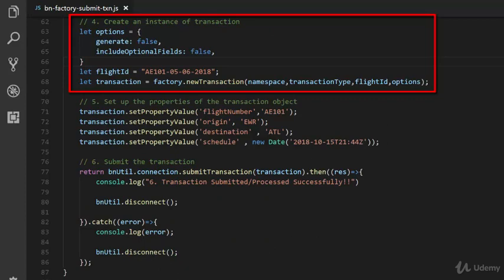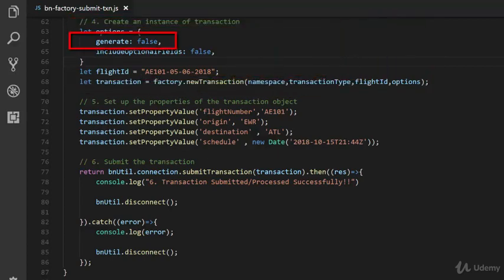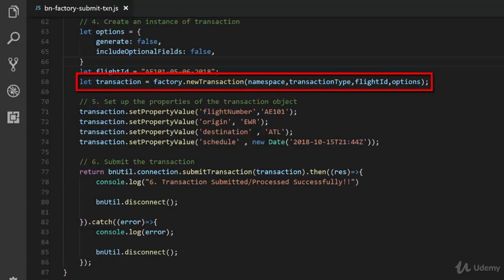In the fourth step, we have to create an instance of new transaction. And to do that, we have to pass some options. These options are very well documented in the Fabric documentation. I suggest that you take a look at it. Here, generate set to false means that we don't want the factory to set the property values to dummy values. Include optional fields false means that we don't want the factory to include the optional values. Here we are setting the flight ID to AE10105062018, and then we are passing the namespace, transaction type, flight ID, and options object to the new transaction function